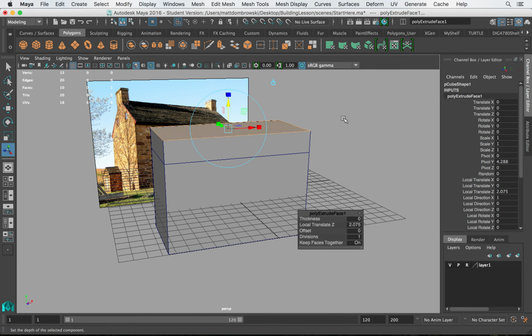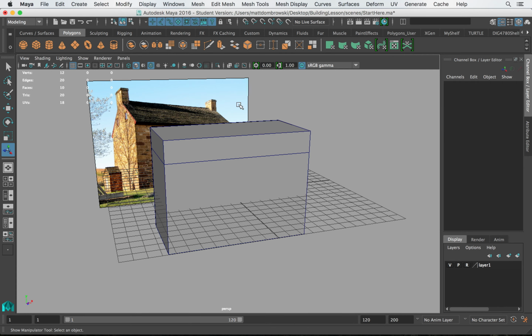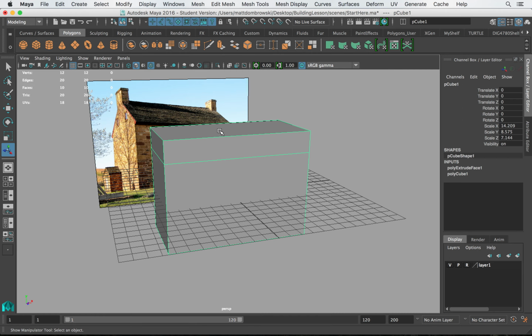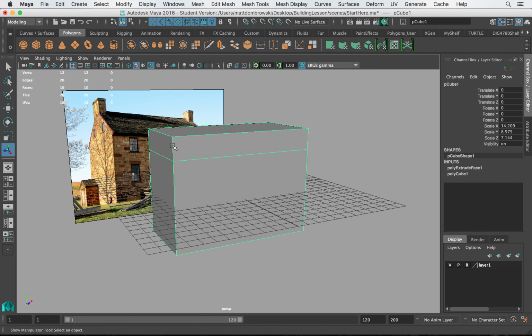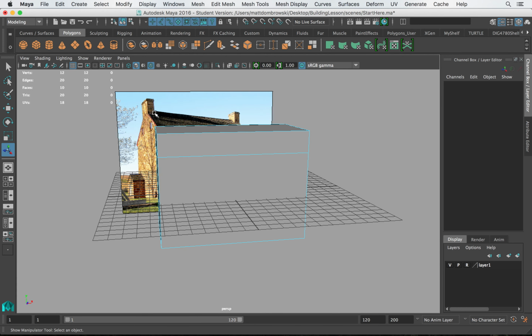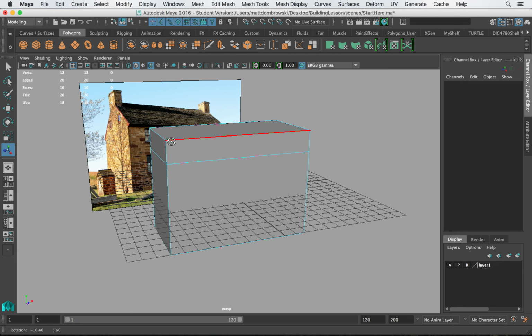I'm going to right click and go to Object Mode and click away. That's very important. All right. Now, the next thing I need to do is add an edge to create this piece here, because right now if I extrude this up again, it will be the whole roof. So if I have an edge selected,